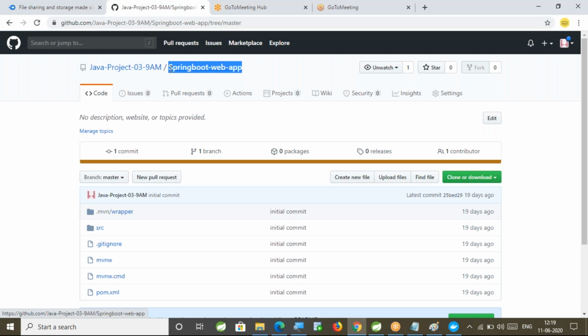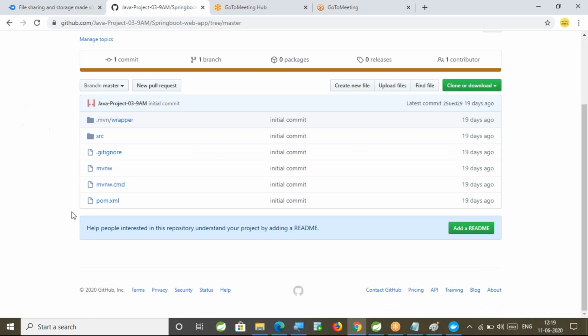This is my repository name, Spring Boot Web App. In this repository, code is already committed. That code is available in which branch? The master branch. The code is available in the master branch. Now assume that